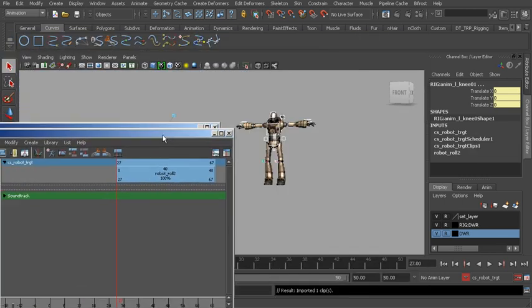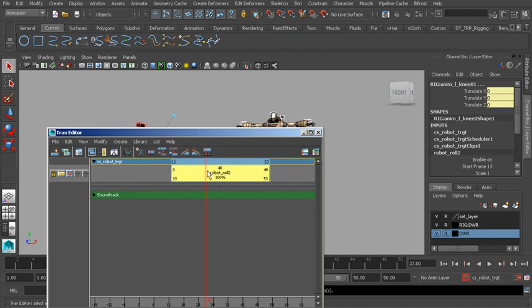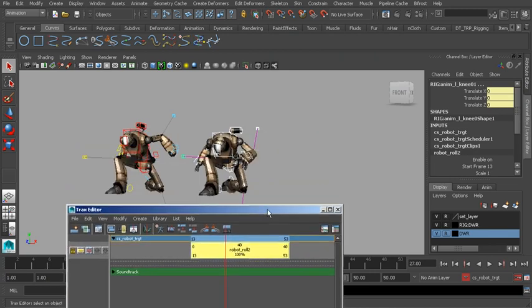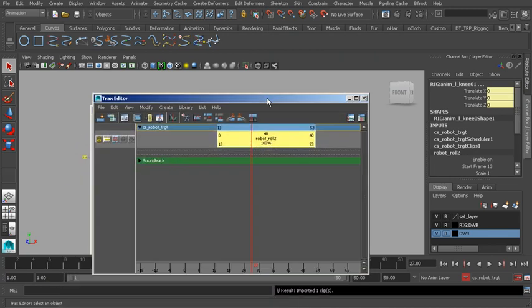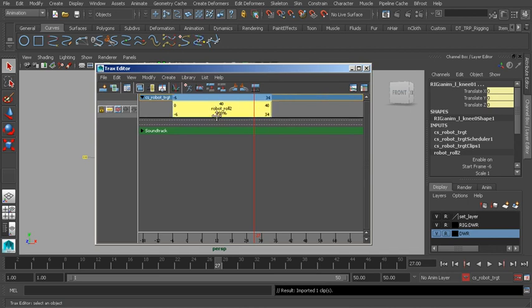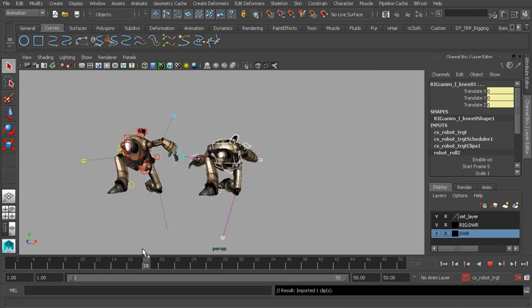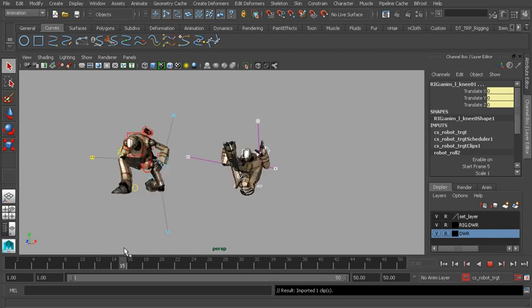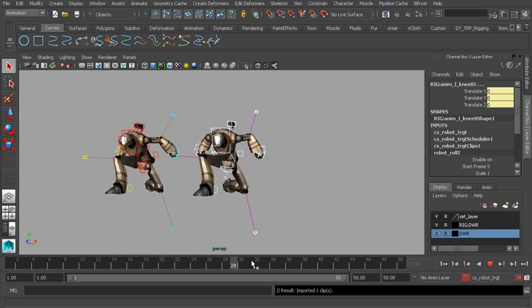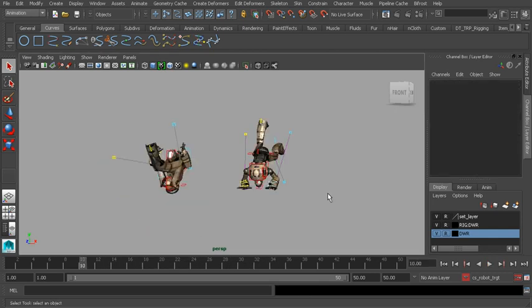Sweet. So if we were to go ahead and start adjusting the clip, you should notice that the animation will be matched. And here's the great thing about this. We can go ahead and offset this clip. That way we can prevent twinning where things happen at the same time. So you'll notice that from offsetting this about 5 frames or so, now things are timed in a more realistic